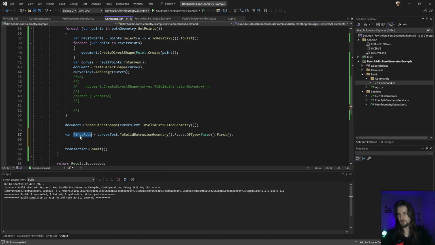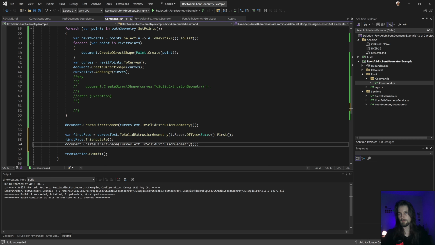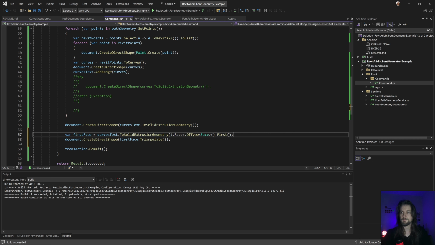If I get the first face and triangulate that, I cannot create a face directly, but if I triangulate it, it should create a mesh.